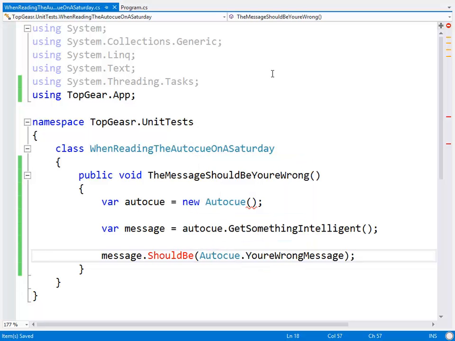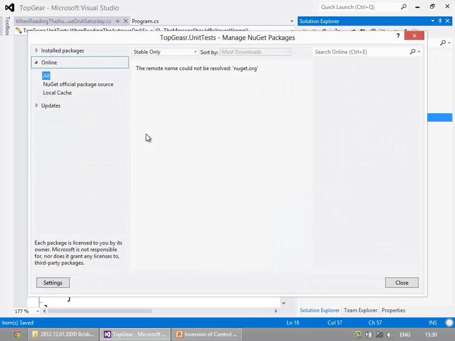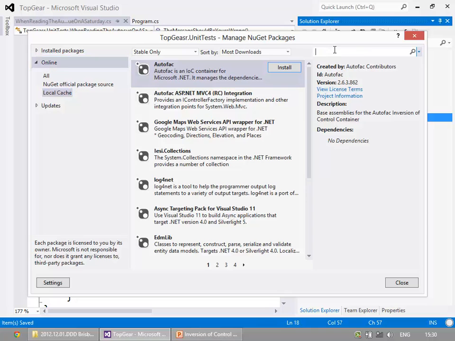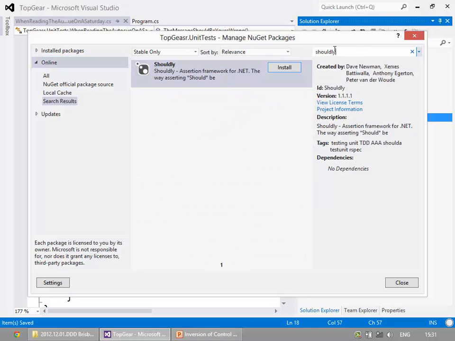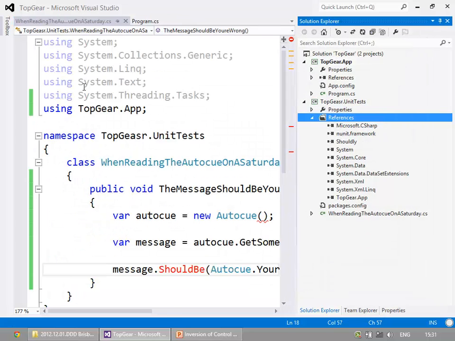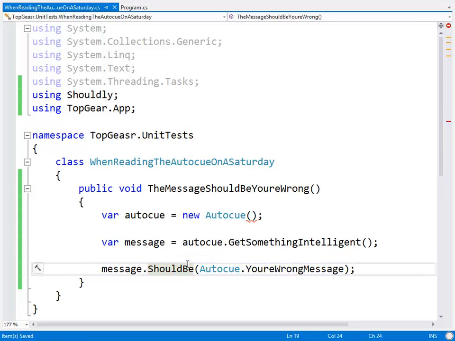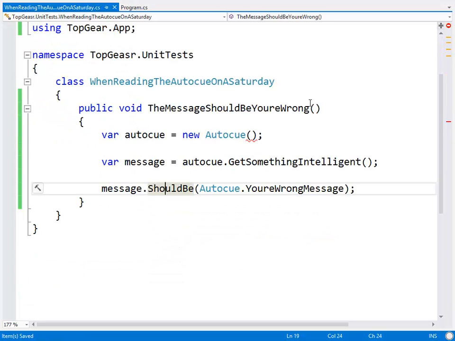And I can't live without Shouldly, so I'm going to really hope that that's in my NuGet cache as well. Shouldly install, thank you very much. Close, go away. Cool. Bring back full screen. Alt enter. Cool. All right, so here's roughly what our test is going to look like. We create a new auto cue, we ask it for its message, and then we assert that the message should be something or other. Awesome.